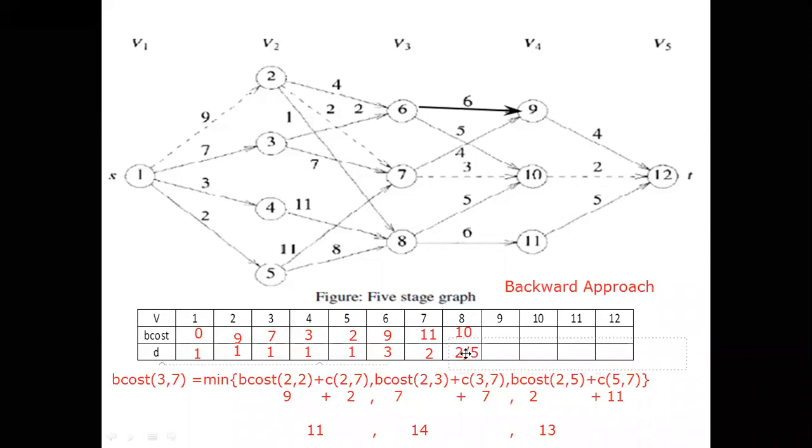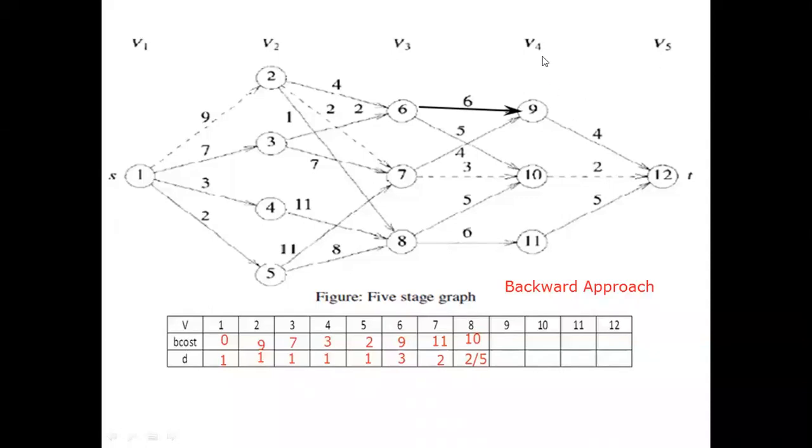Don't worry if you didn't understand why two values are written. In the 9 case also we will get two values, which I will solve here now. In the previous forward approach we got two values, I'm not recollecting exactly, but two values we got, and that also we solved.